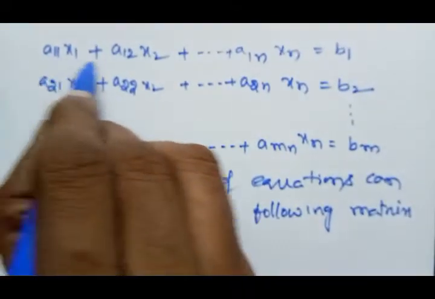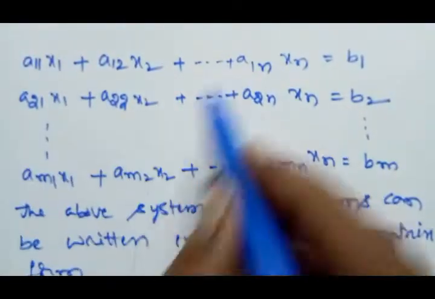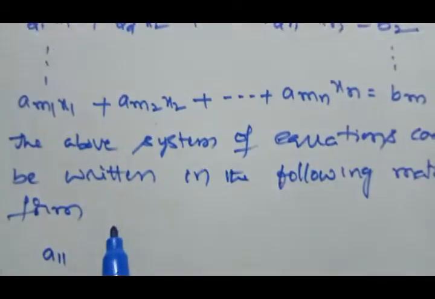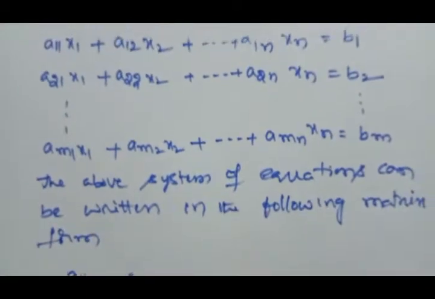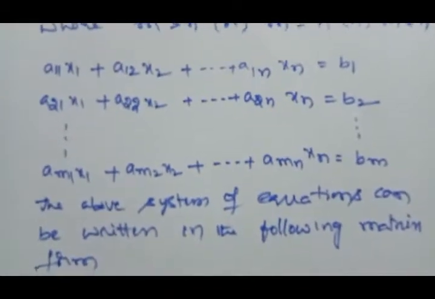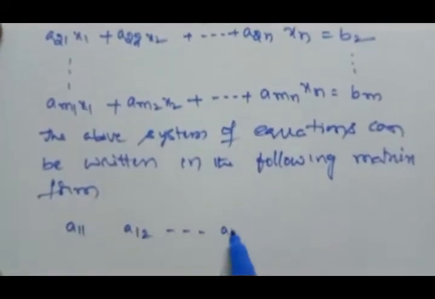Coefficients of the first equation: coefficient of x1 is a11, coefficient of x2 is a12, and so on, coefficient of xn is a1n,